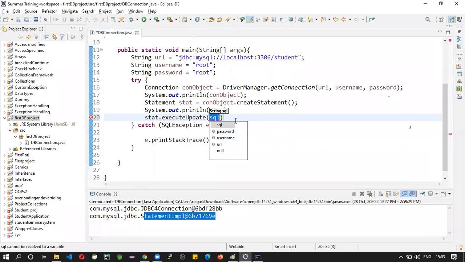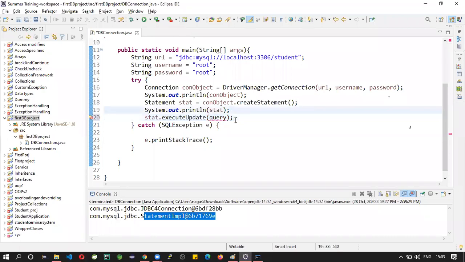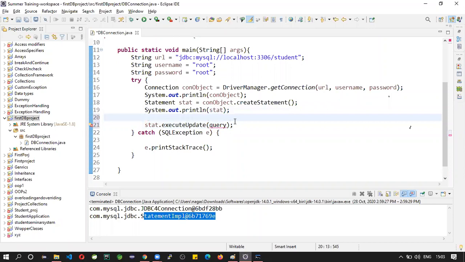Here we have to use the query. First, you need to design the query, right? What operation you are going to perform. So let us start with create database.